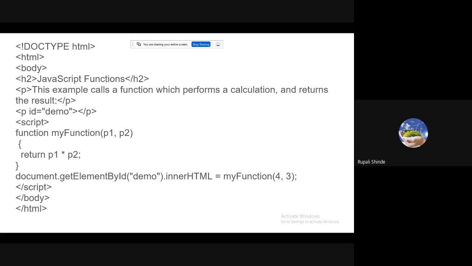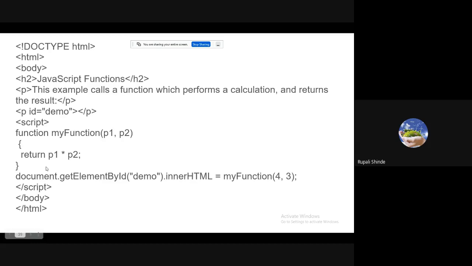In the script, we have to define the function. I have here the function keyword. The name of my function is myFunction, and you can change the name of the function. Then p1 and p2 are both parameters. What we are going to execute here is return p1 times p2. That means we just perform the multiplication of whatever two numbers we pass. It returns the value of p1 times p2.